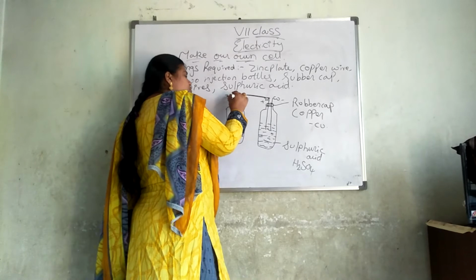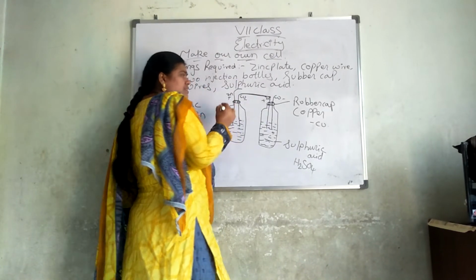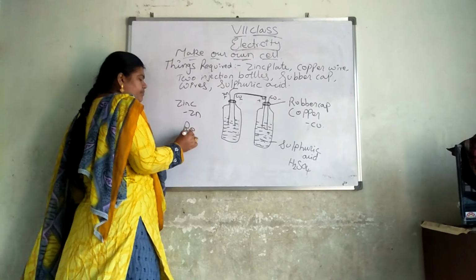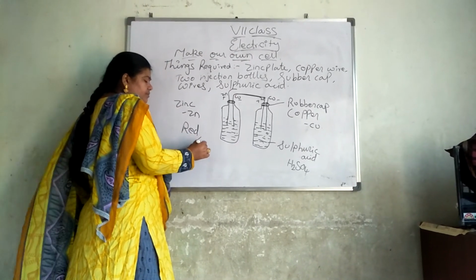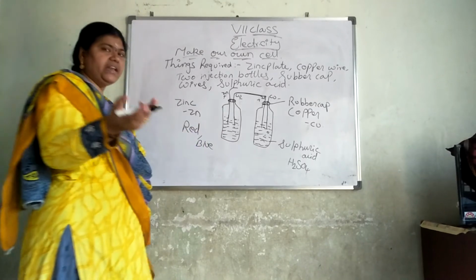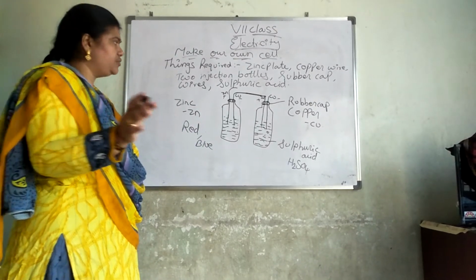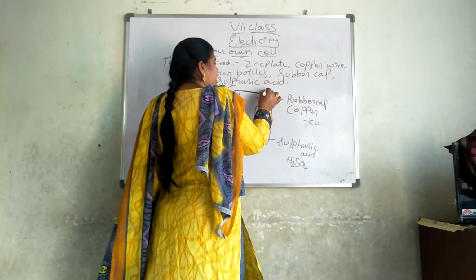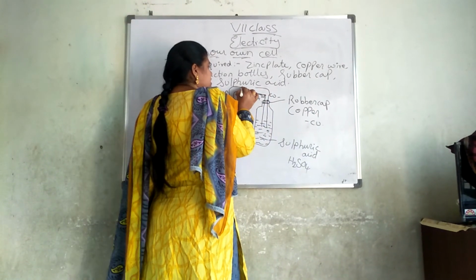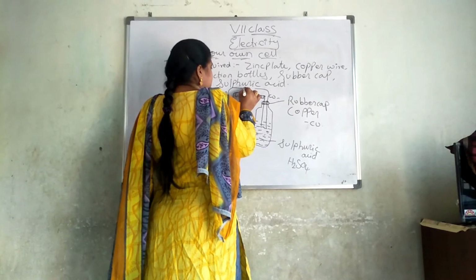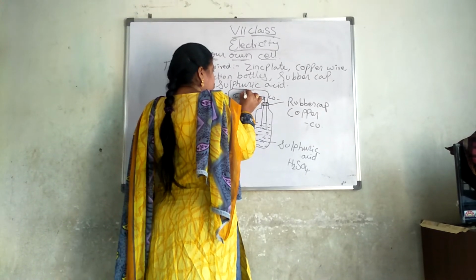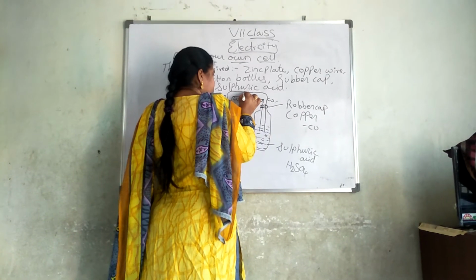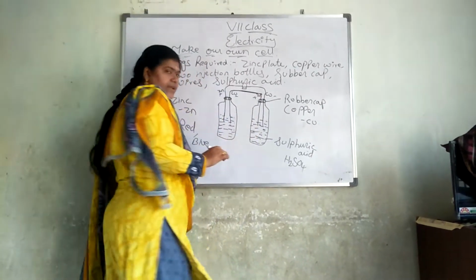Now take one more wire. Here you must know the difference. So take red and blue wires, or any different colors of wires as you wish. The zinc is connected to the positive terminal, and one more wire from copper is connected to this one. Now you bring these two closer and place a bulb here.